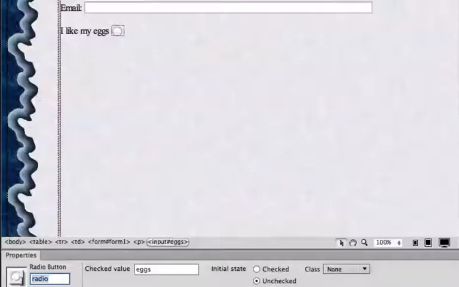And we're going to have multiple radio buttons on this line because we're going to be able to identify at least two different types of eggs. And the name of that variable has to be exact on both of them. And it's not going to be radio, it's going to be eggs. Now, this way, when the information comes back to me, it's going to say variable eggs. Then it'll tell me what the information is that we're putting out there. Okay, so the first thing on my list is going to be fried, F-R-I-E-D. I'm going to leave this as unchecked,